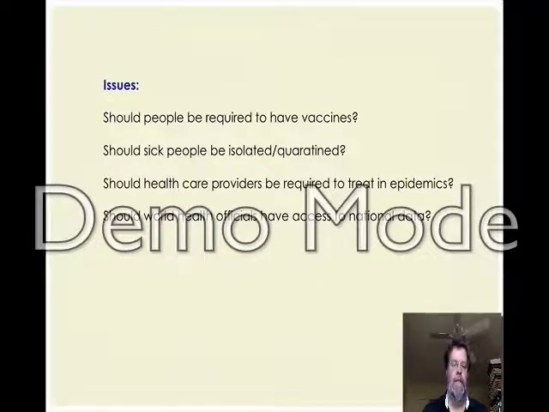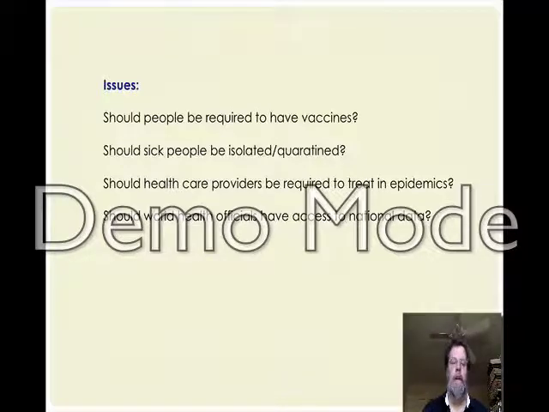Since any infection basically enables a virus or bacteria to spread from patient to patient, that means from person to person, and one effective way of preventing this is through quarantine. Should sick people be isolated or quarantined? In addition, if you have a very dangerous